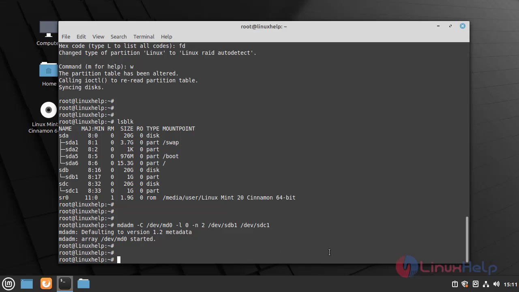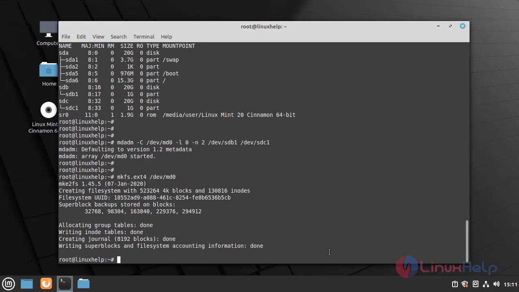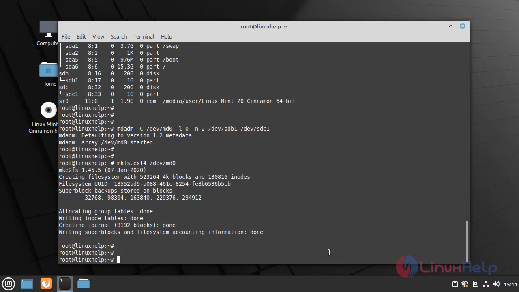Now I am going to format the RAID. The RAID is formatted. Now I am checking the details of the RAID.